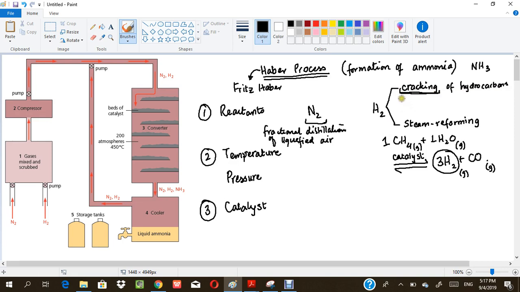So we'll just write this down here. In fact, I'll write underneath, right? So here it is. Cracking is a process of converting. Now, this conversion of long chain hydrocarbons to shorter chain hydrocarbon chains is done via a catalyst. So it is a catalytic conversion, right? We'll talk about it in more detail when we study organic chemistry. Right now, we'll just write down that cracking is a process of catalytically converting